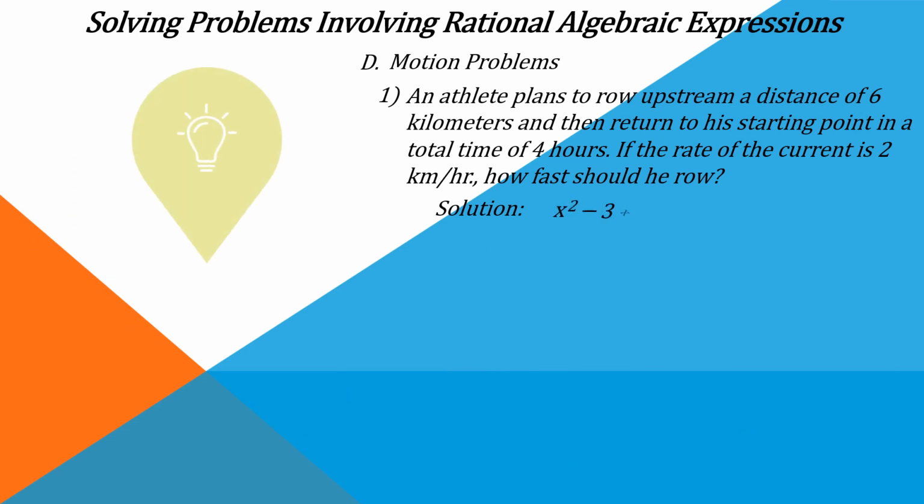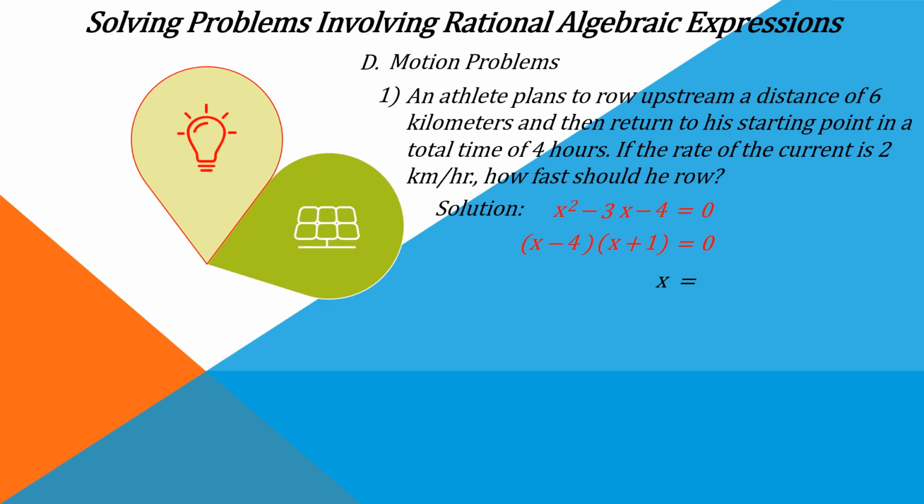So x squared minus 3x minus 4 is equal to 0. We have x squared is x multiplied by x, and 4 is equal to 4 multiplied by 1. For 4, we need a negative, and for 1 it is positive, so that we have a difference of 3x. So it is equal to 0, and therefore x sub 1 is equal to 4, and x sub 2 is